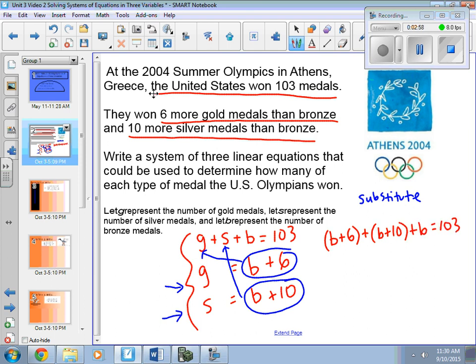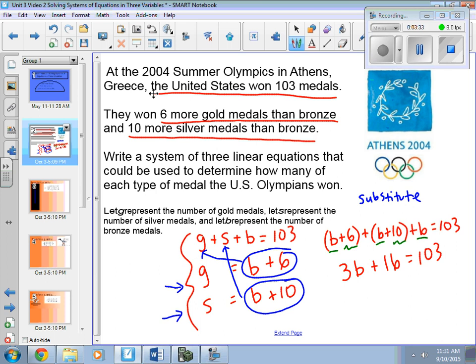If we solve this out now, we should be able to do it. Now the parentheses are always where you start. However, we can't add those 2 together because one's a constant term, one's a variable term. And there's nothing outside those parentheses to multiply. So really the parentheses aren't doing anything useful in this problem. We can just go ahead and combine like terms. So it looks like we have a total of 3 B's plus, if we add these constant terms together, 6 and 10, that's going to be 16, equals 103. If we solve this out now, we should be able to find out how many bronze medals there